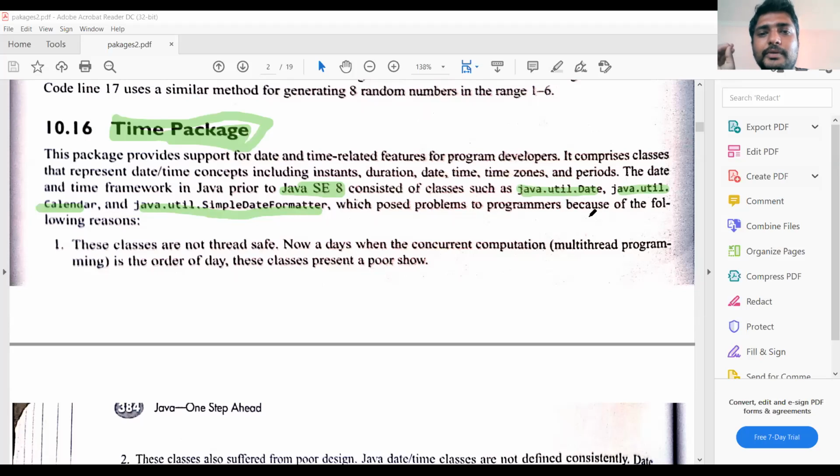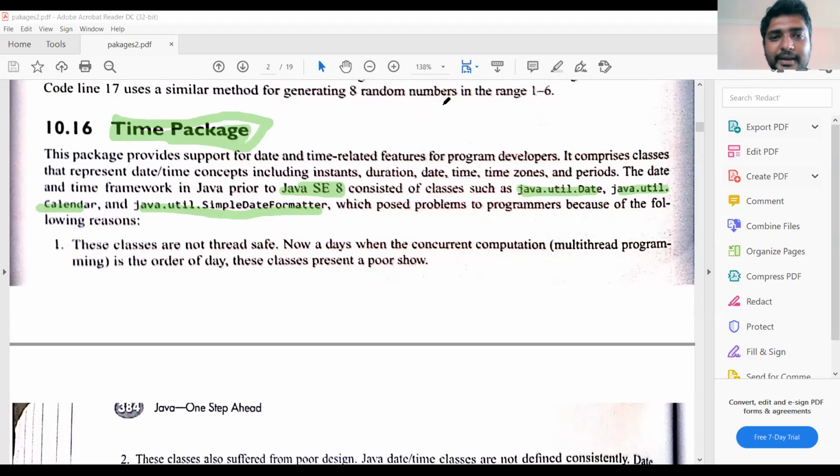After Java version 8, time was defined separately and given much more importance. The time package was introduced in Java version 8.